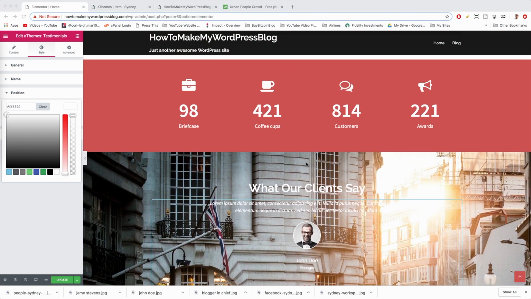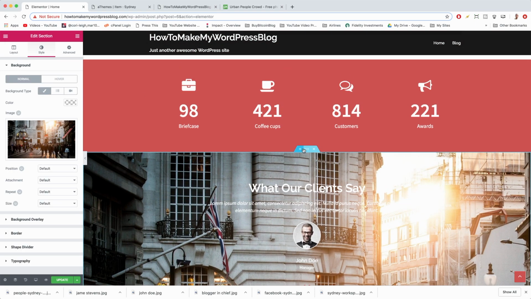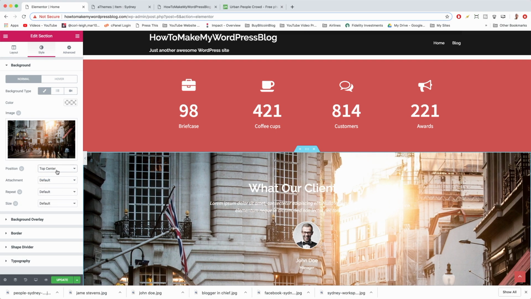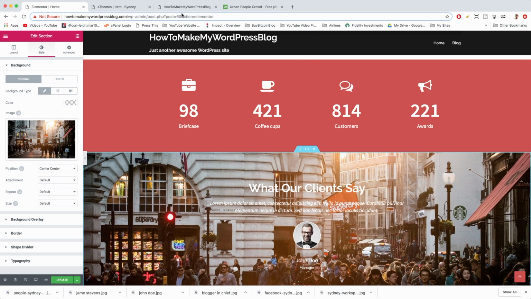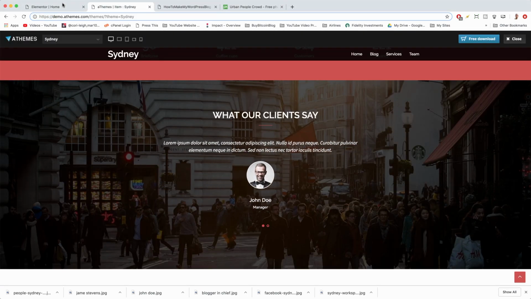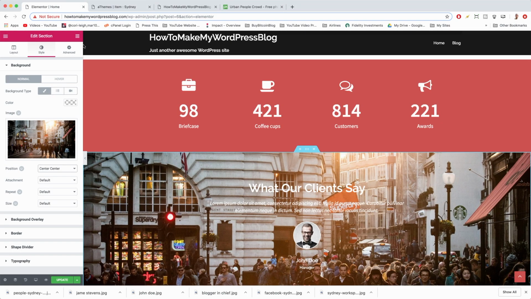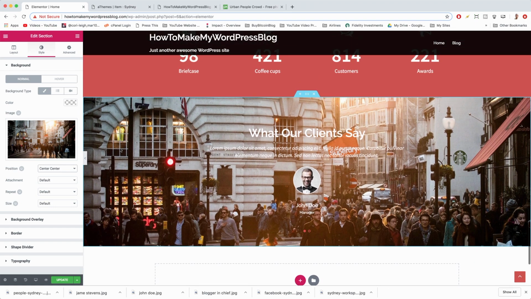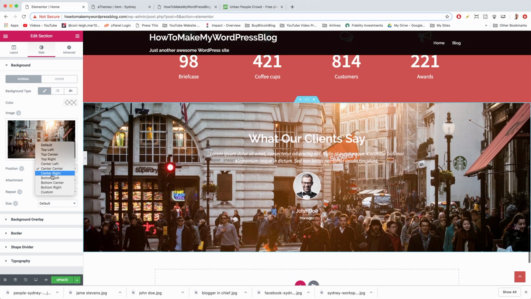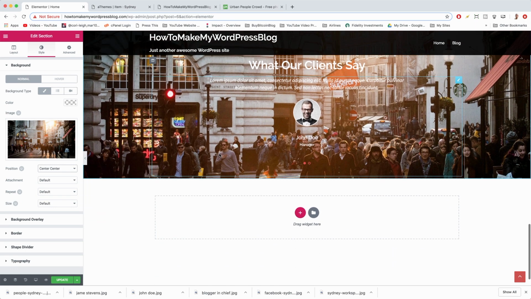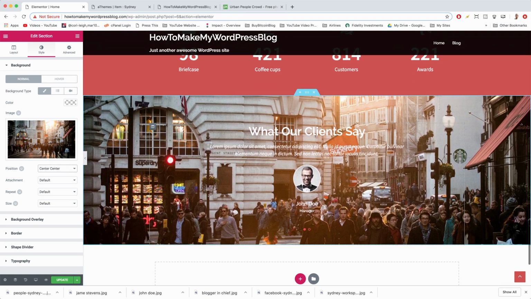Let's click on the section settings and let's make that background image position be top center. Or how about just center, or just anywhere where we can see more of it like we do in the demo. So maybe that's even bottom center. I'm not sure. Center looks good. Okay, and then last but not least, we need an overlay on this what our clients say